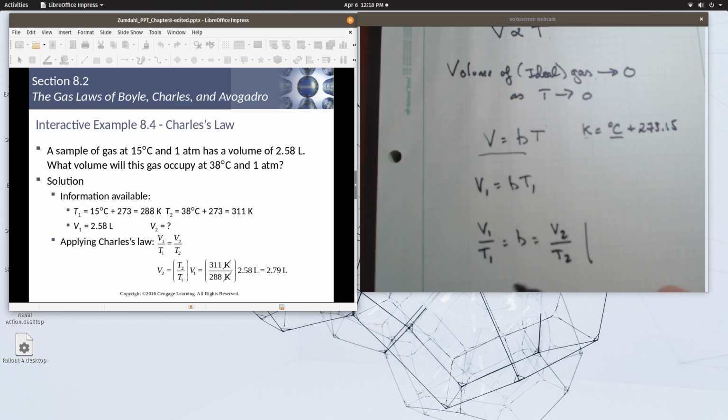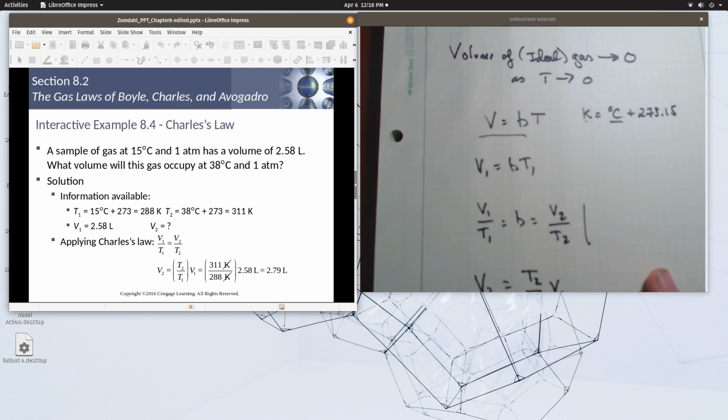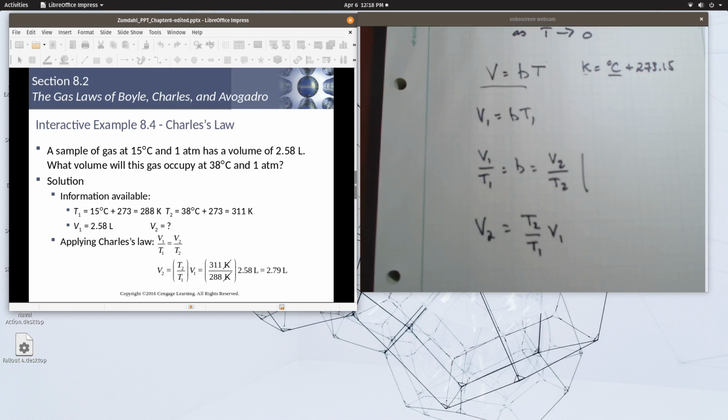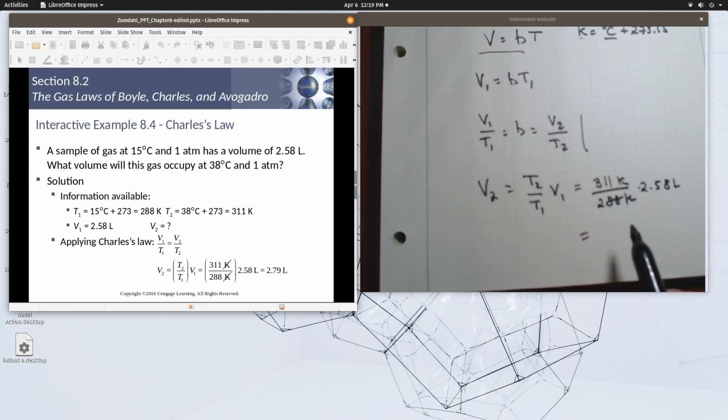Just simply rearrange these to get whatever you need. Plug in the numbers: 311 Kelvin over 288 Kelvin times the initial volume, 2.58 liters, and plugging it into your calculator,